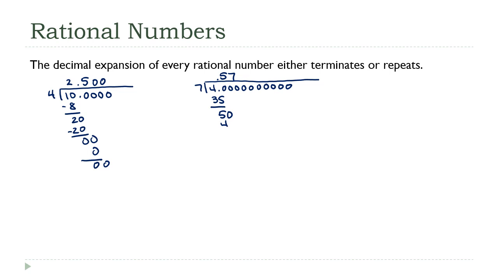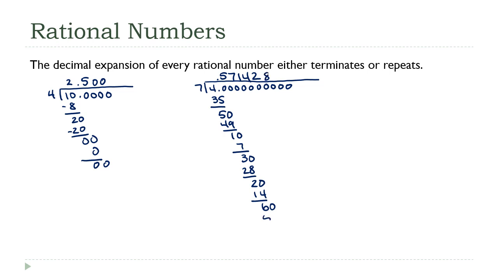So 7, that's 49, bring down the 0. Did we get 10? That'll be a 1. Subtract again, we get 30. 4 is 28. We're almost there. 2 gives me 14. And we're going to do, what, 7 times 8